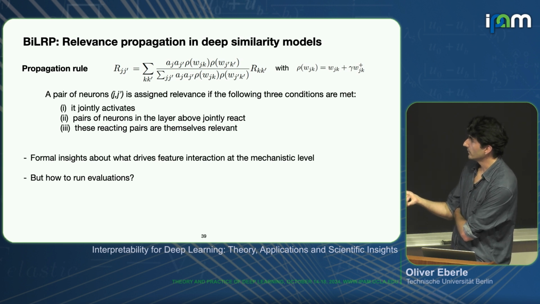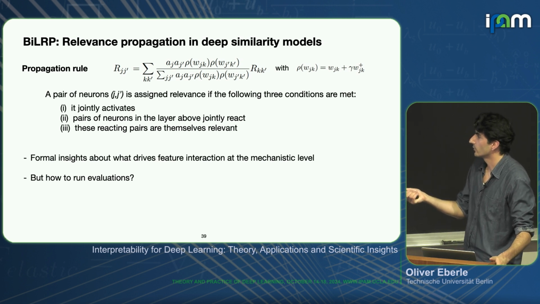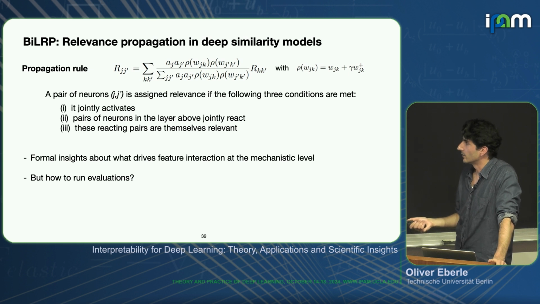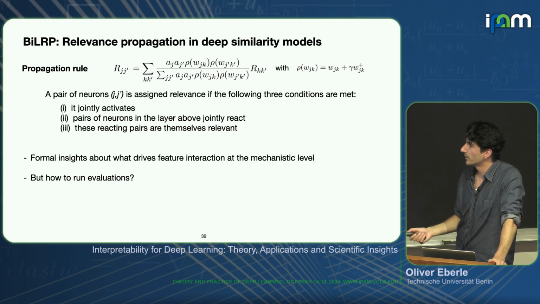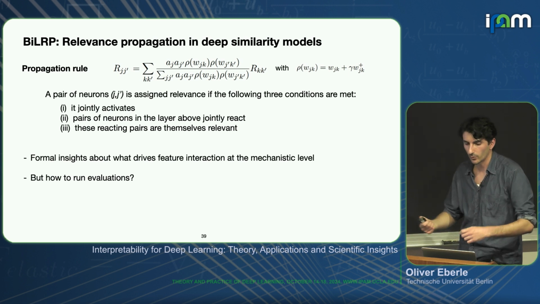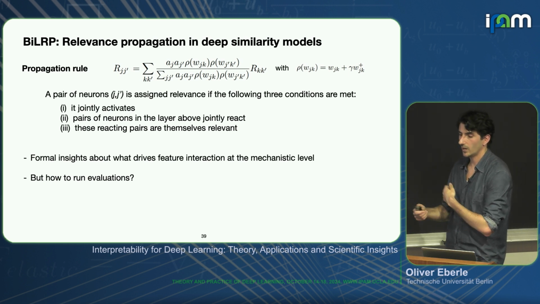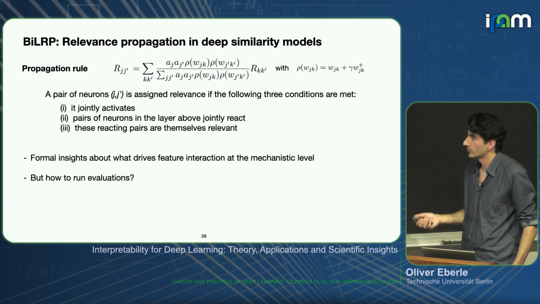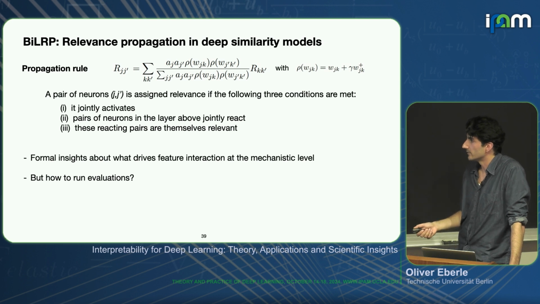And also these pairs that we're considering, so RK, K prime, need to have some relevancy as well. If this is 0, of course, you can have any scores here. It doesn't matter. So you need to have a specific setup in order to get a positive attribution on pairs of features. And that's what I meant when I say this is a much more selective view of information processing in neural networks, because you need to fulfill many more conditions here for this to be a positive value, so to be relevant.